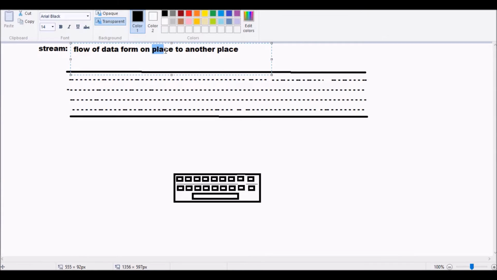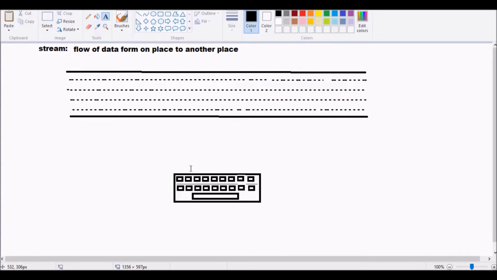So that is from place to place. Stream is nothing but a flow of the data. While we enter the data from the keyboard, it should enter into the stream.